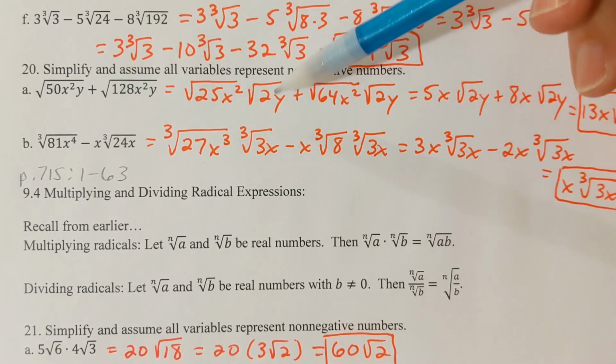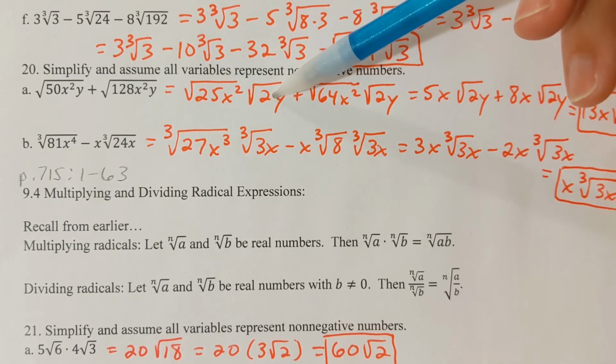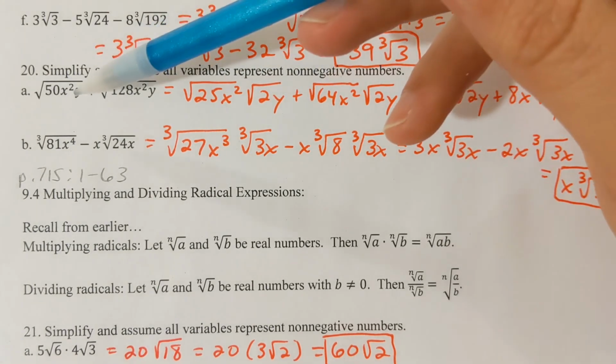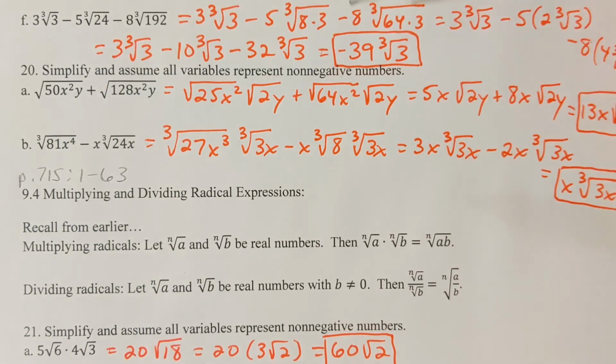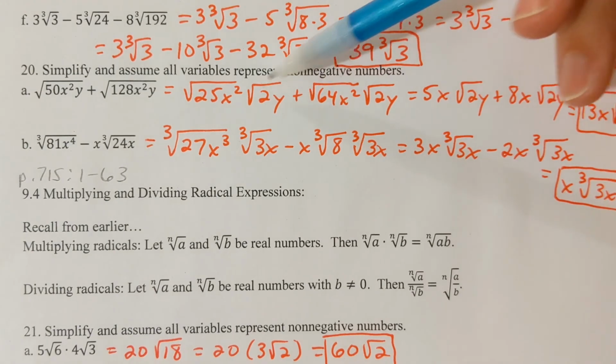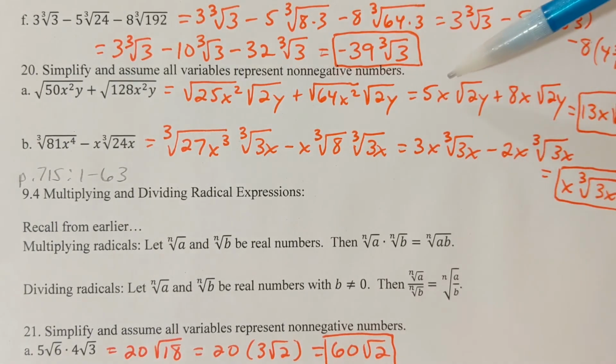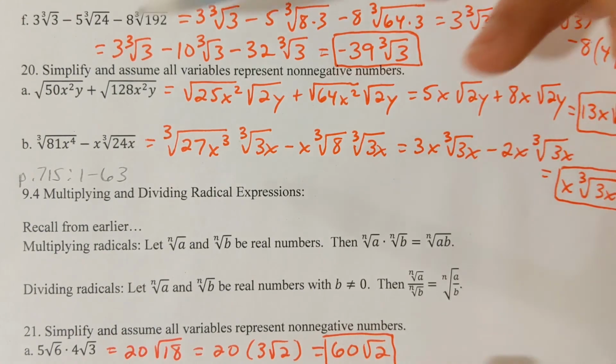50, that's the same as 25 times 2, and we know the square root of 25 is 5. 2 is going to be the leftover. X squared, well, we know the square root of x squared is x, right? Y, that'll be just part of the leftover there. We're going to go right next to 2. The square root of 25x squared, that's 5x. Okay, plus